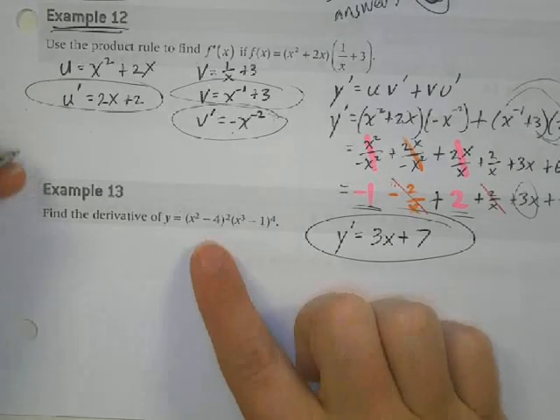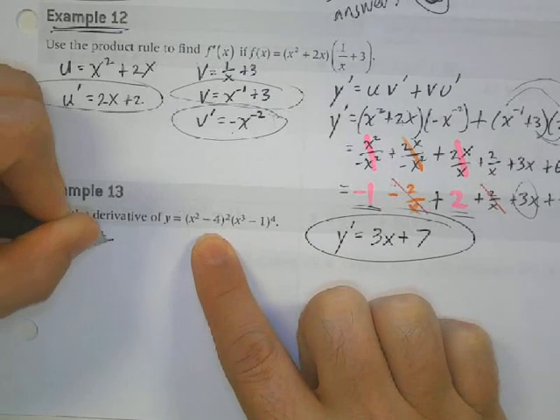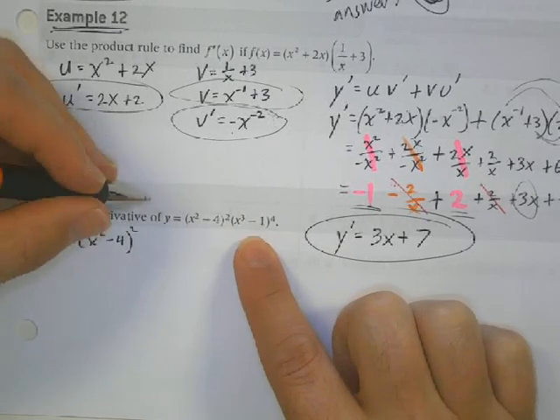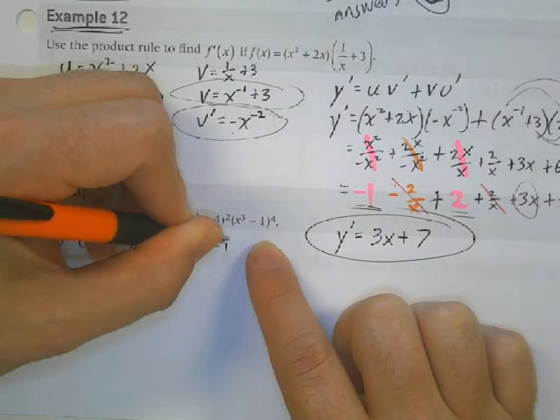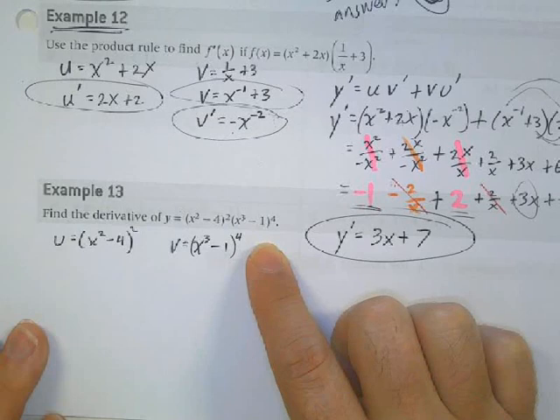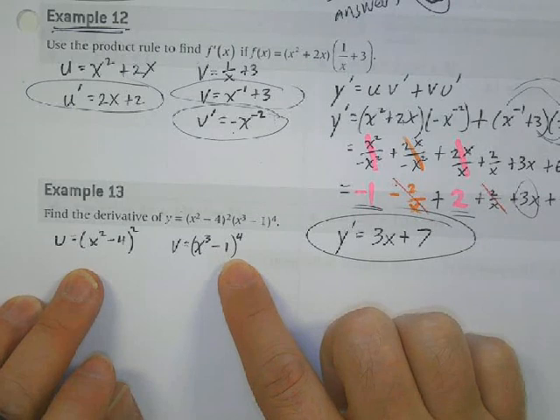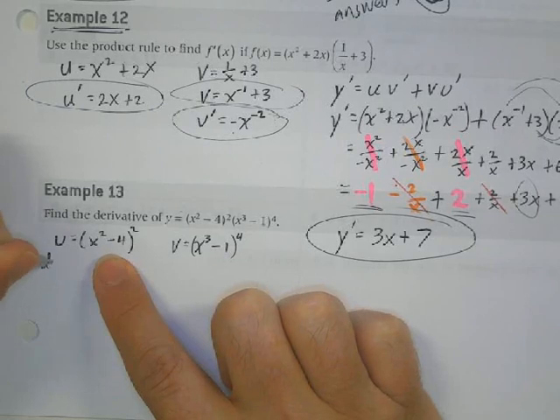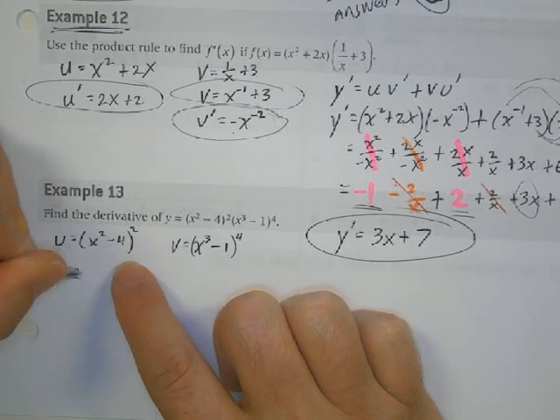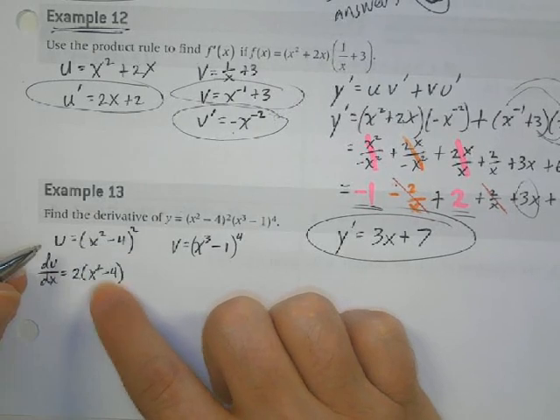Okay, so I would say u is equal to (x squared minus 4) squared. V is equal to (x cubed minus 1) to the 4th. So we have to use product rule to do this. We're also going to need to use some chain rule. So we could say du/dx is equal to 2 comes to the front times x squared minus 4. And then the derivative of x squared minus 4 is